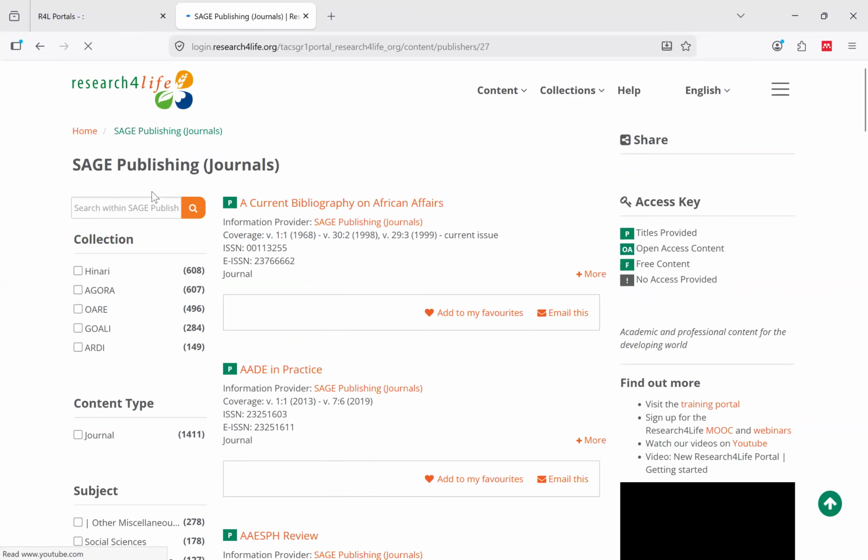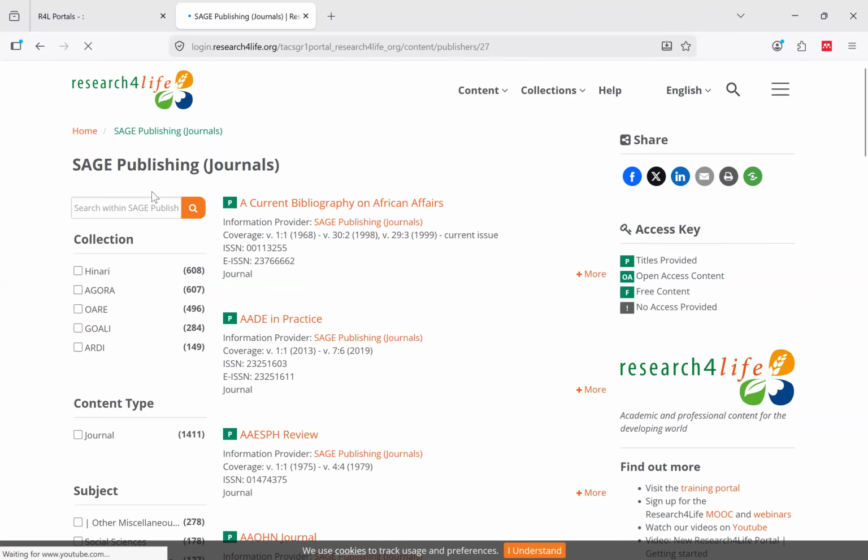So when you click, for example, on Taylor and Francis, the same trick that I'm using here is the same trick that you're going to use. I'll explore one other for purposes of understanding. When I click on Sage, it gives me the list of journals.